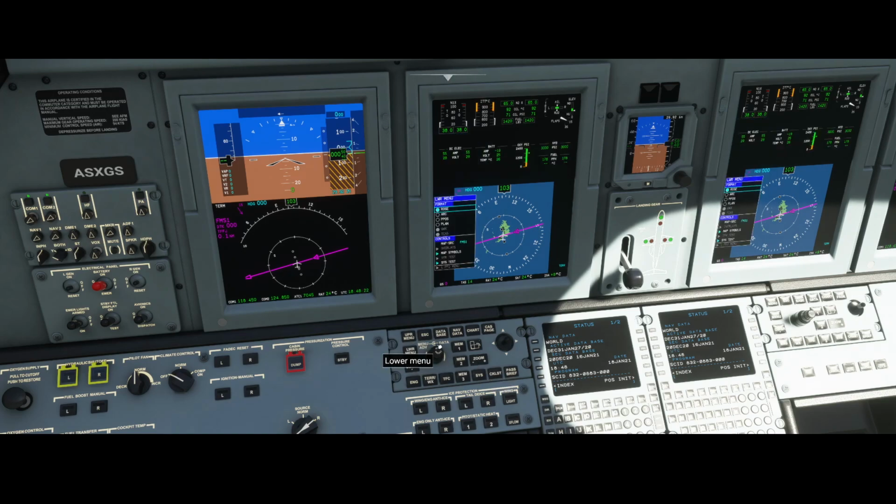And then we've got the lower menu, which is displayed for the bottom part of the display. And this will give you several things. You can change the format of the display. For example, I want to see the plan. That will display it like this. And you can change the controls. And if you go down,